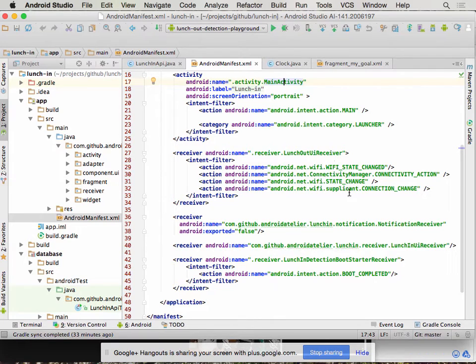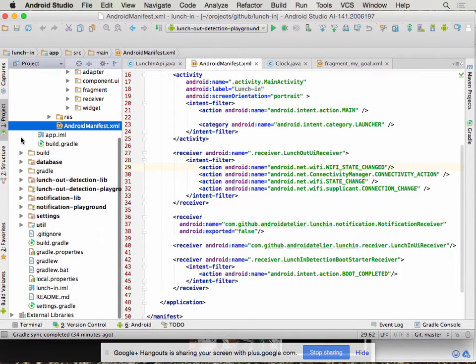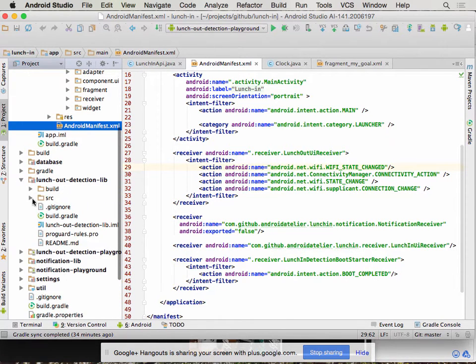So these are the states I was talking about at the beginning of the meetup, where I wasn't quite sure. We initially were just using this one, Wi-Fi state changed, but that wasn't reliably triggering when you'd move from one network to another, but it always reliably triggered if you went completely off Wi-Fi or your Wi-Fi turned off. So I added these 3 to get it to work all the time, but I'm not confident that I need all of this. So if we jump into lunch out detection lib,